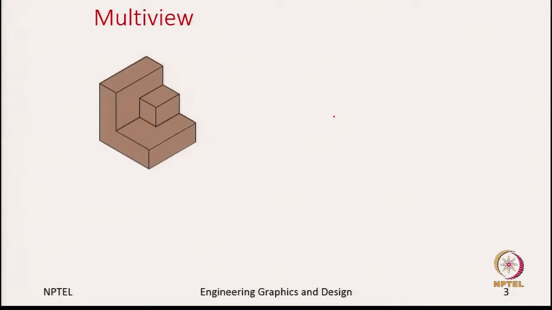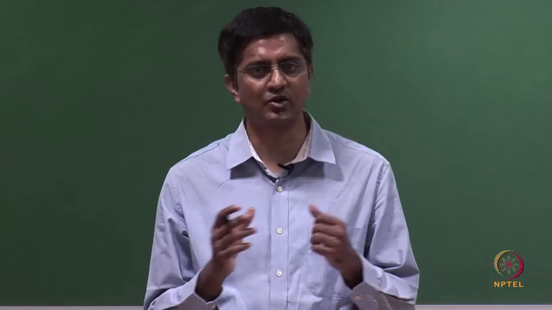So, let us say we have an object like this. I will draw arrows to say that this is the direction the observer is looking at this object. Let us say I will name this direction as A. Since we are working with 3D coordinate systems, you can say there are 6 different proper directions from which you can look at this object. Of course, one can say there are infinite number of directions, but let us focus on 6 common directions.